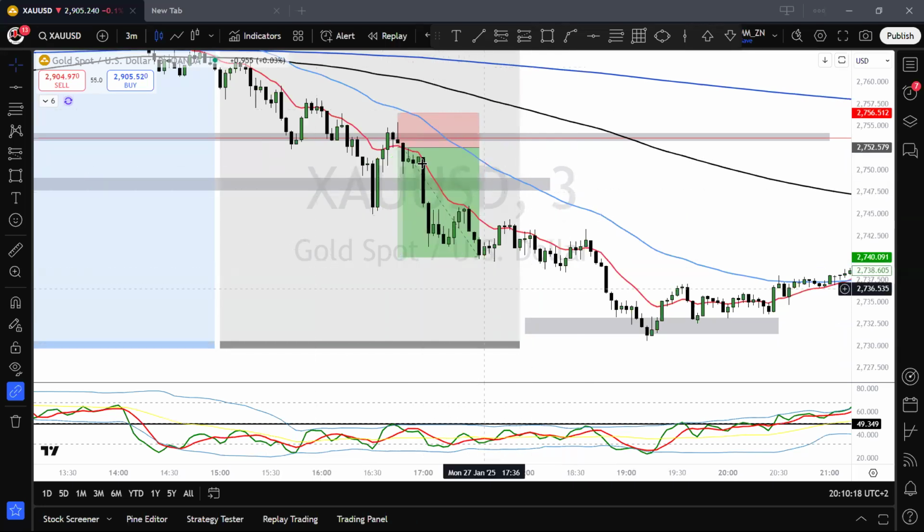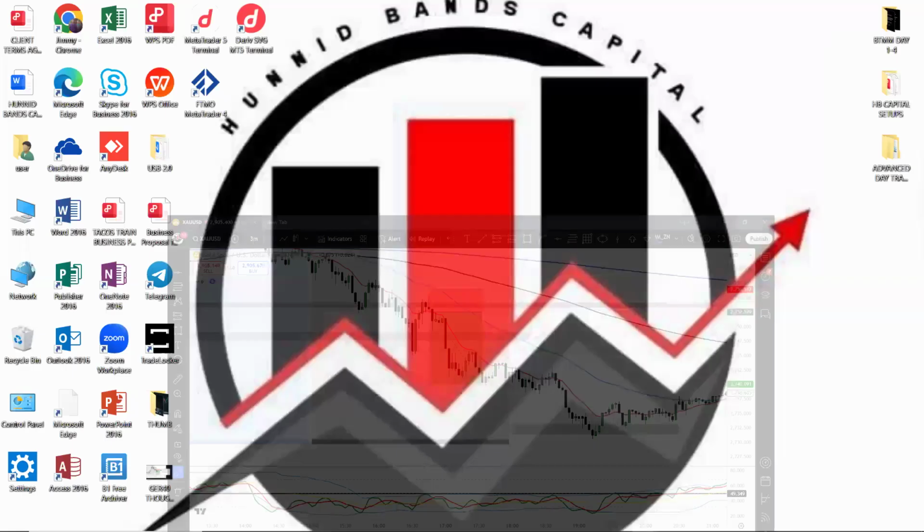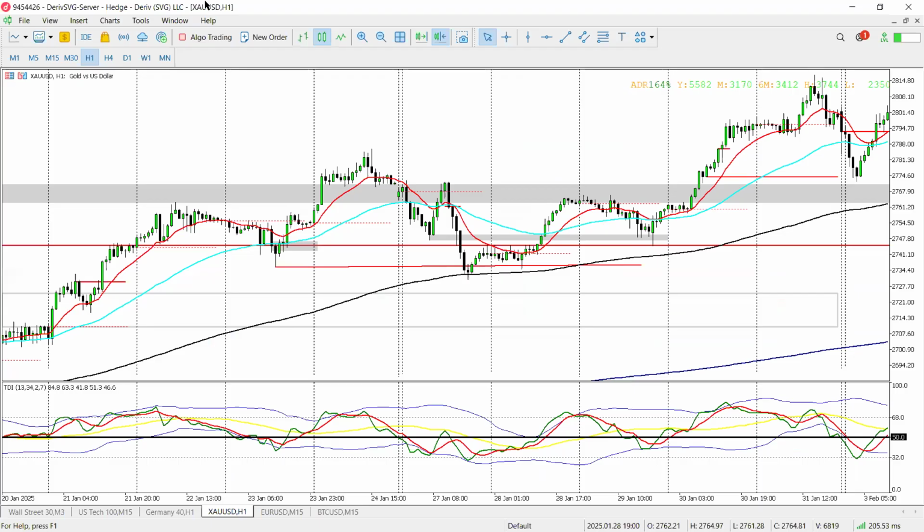So this was my example, which I just had to elaborate deeper, coming all the way from the H1. And I even showed you guys what you do starting from the daily, what you look for. And by the time we go to the 200 EMA now, let's go back to M5. By the time we came to the,